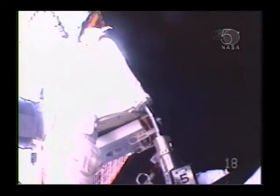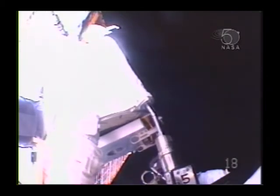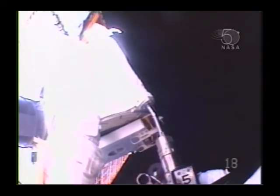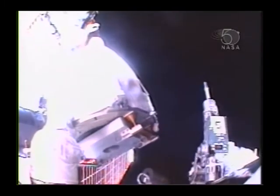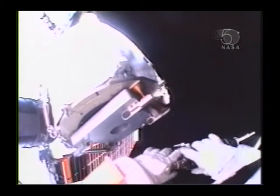I have a red on the handrail. Should I go ahead and run that to the room, the failed room? And Peggy, yes, if it tends to get in your way, we'll follow up with you on the stuff later on to make sure it's tethered. Okay. Well,